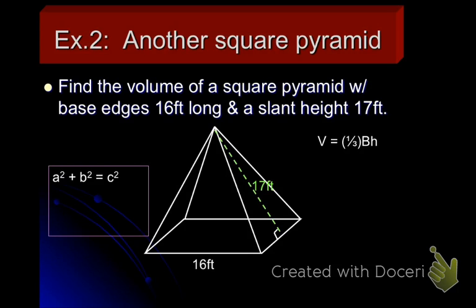Okay, if we're going to find the volume of a square pyramid with base edges of 16 feet long and a slant height of 7 feet, notice that we cannot use that height. We need the height that is going to be the altitude that the